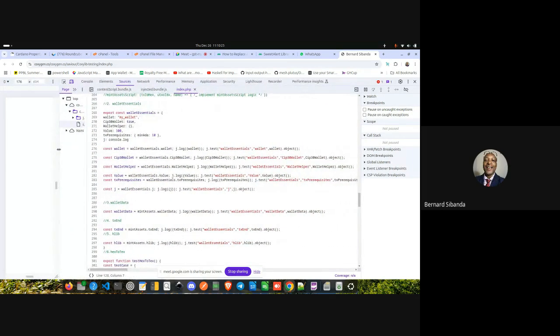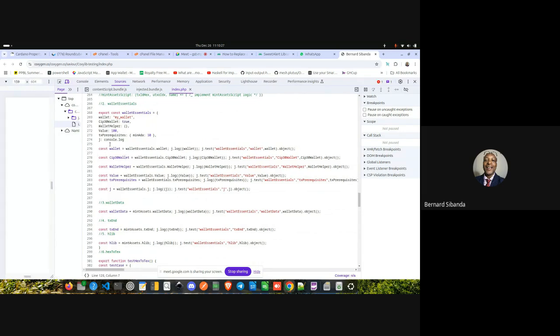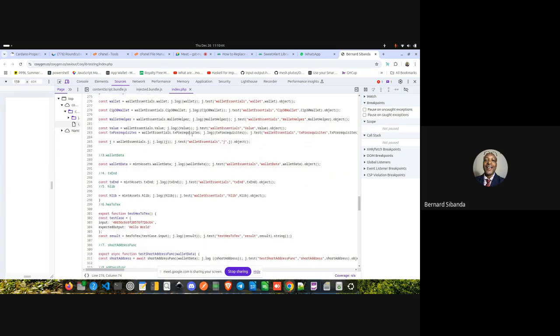Your test, right? Am I right to say this is your test? Yes, sir, the test that you wrote to test wallet essentials. This one here. So the next one, what are you testing here? You're testing SIP wallet, SIP30 wallet, then wallet helper.